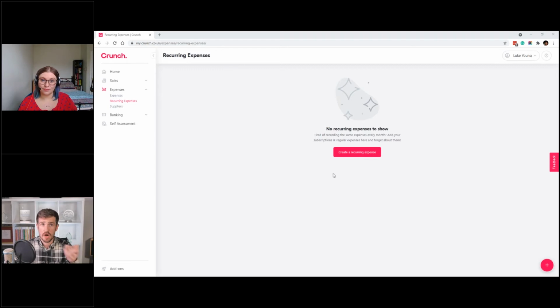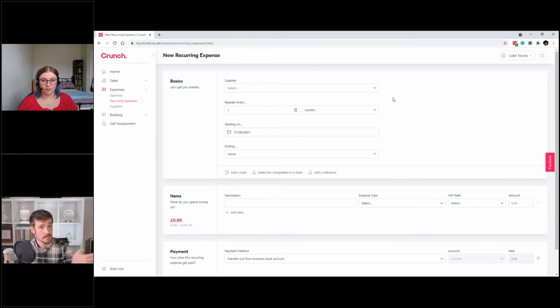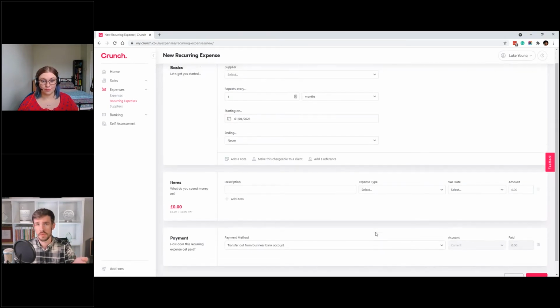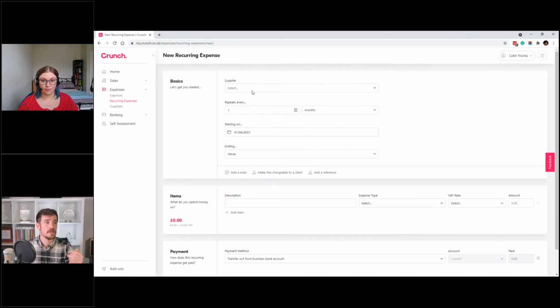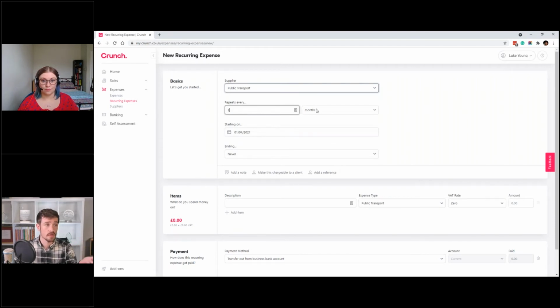So if it's your very first one, like with the expenses, you'll see this. If you have tried to have a go at some others, then you'll see this instead. So I'm going to use just this one down here in the bottom right. Very similar to the expense form that we saw. You've just got a couple of additions. So you'd still pick a supplier. So I'm going to go with, let's say, public transport. I want it to repeat once a month. If you want to change that to be weekly, yearly, you know, annual subscriptions are a thing, so you can do that as well. If you wanted to do it once a year, I'm going to leave it as once